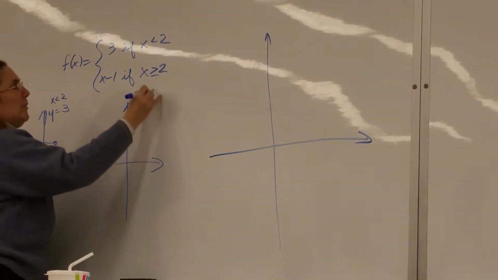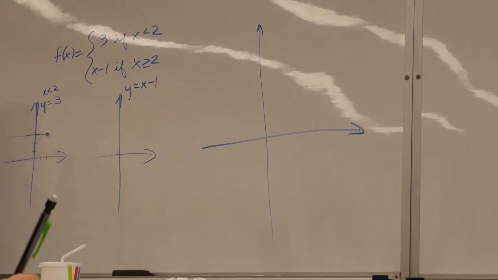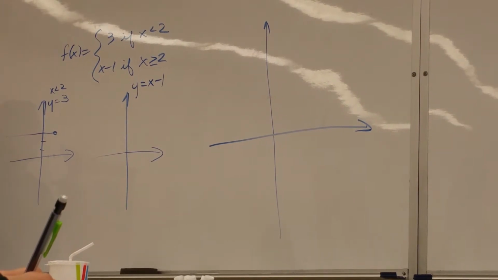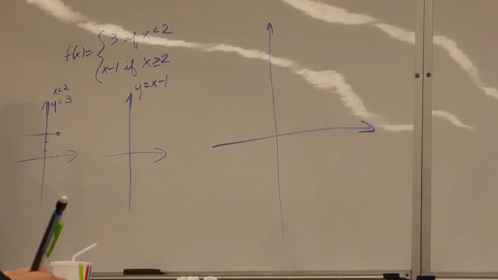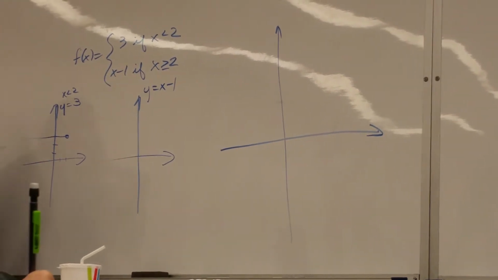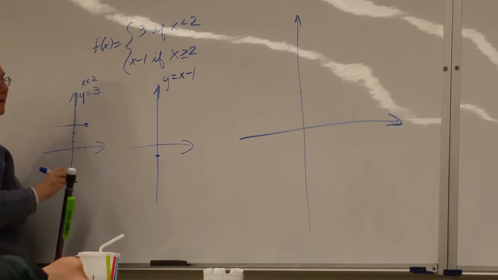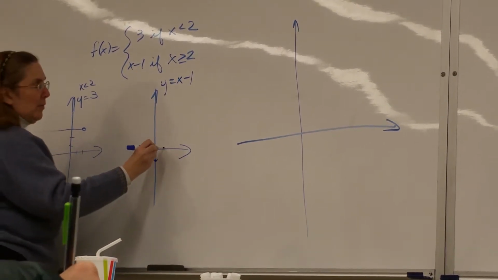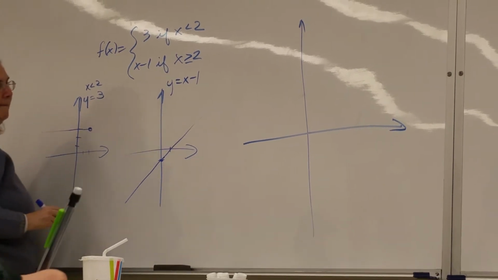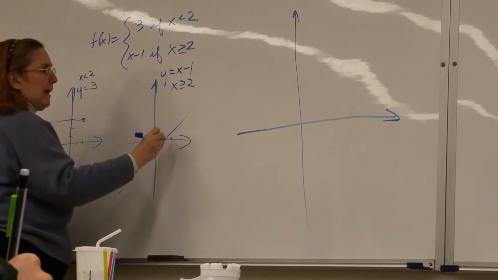Second piece is y equals x minus 1. Let's do slope and y-intercept. What's the y-intercept? -1. You have to write it as an ordered pair: 0, -1. What's the slope? 1. So up 1, over 1. Connect the points together. But I don't want the whole graph, I only want the piece where the x values